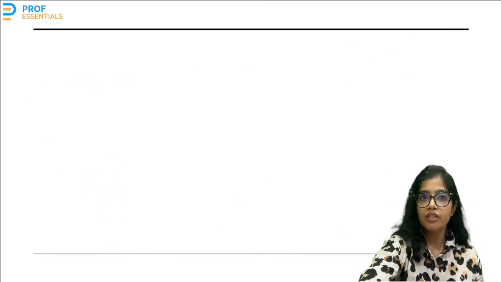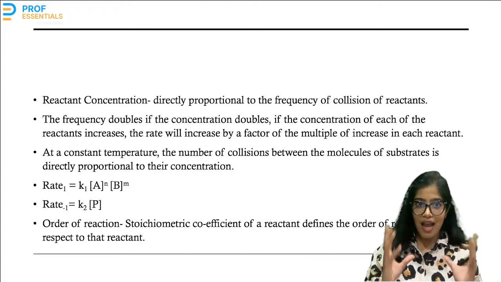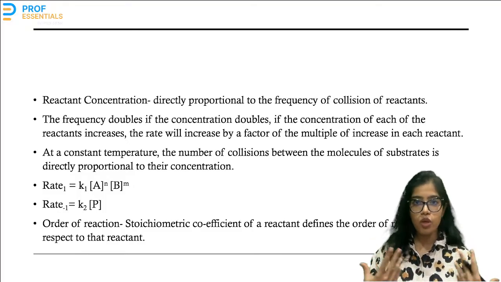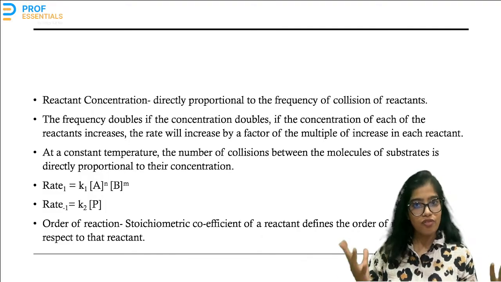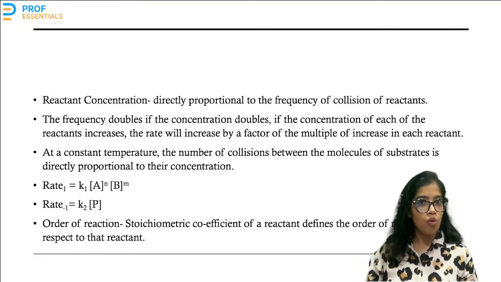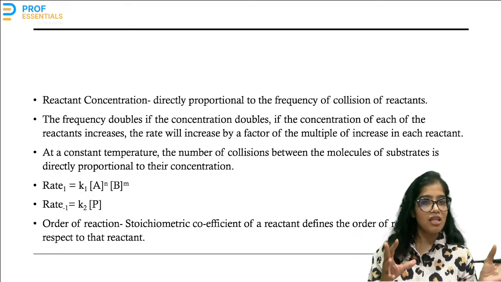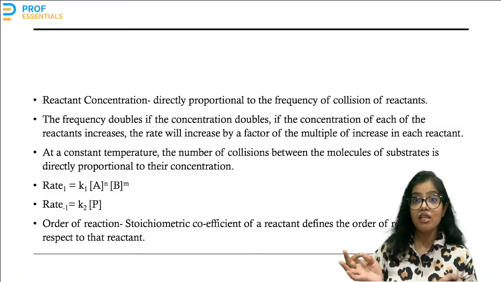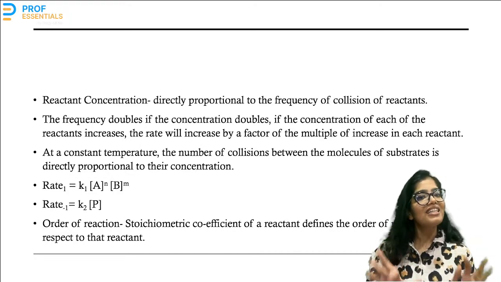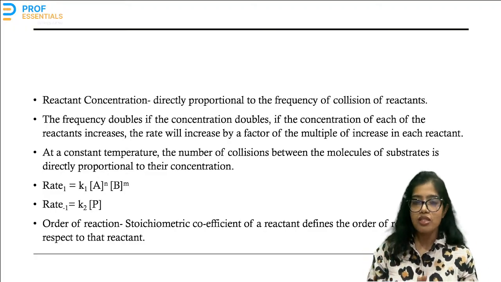Now, the second thing was the reactant concentration. If the reactants are more in number, then there will be an increase in the frequency of collision. If 10 people are there in a 5 by 5 room compared to 10 people being there in a 1 by 1 room, of course it will be more congested. More congested means they're going to fight with each other. There'll be a lot of collisions. So 10 people staying in a 1 BHK or 10 people staying in a 10 BHK, the frequency of them meeting more or colliding more is going to be in a 1 BHK. So that is why the concentration of reactants is going to increase the frequency of collision.